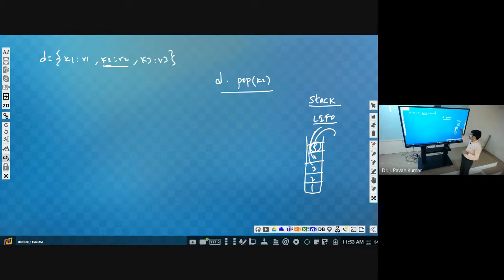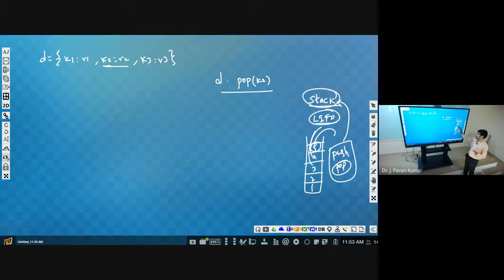Inserting into this we call push. Taking from this, that is deleting from this, we call pop. This is the standard terminology we use with respect to stack. Of course, in coming semesters we will have a data structure subject, where you will learn stacks and all. But just try to have an idea that a stack follows last in first out order. It performs several operations. One of the operations is push, another one is pop. Push is nothing but insert.